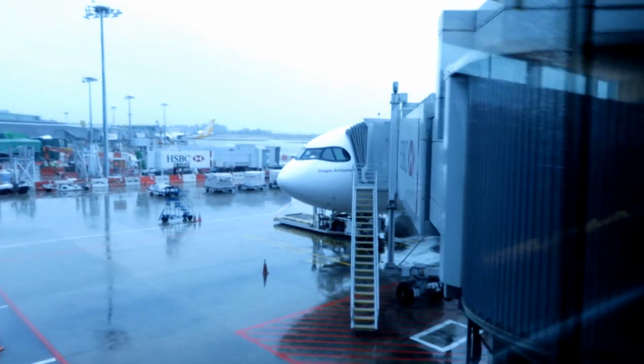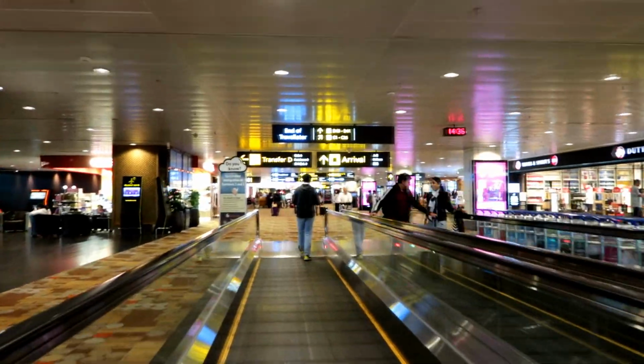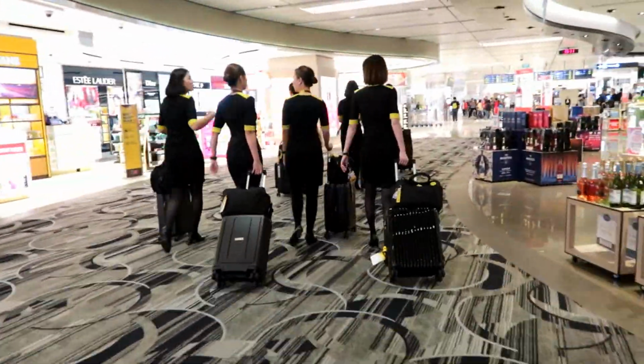enjoying the sight of the A330 NEO's flight deck window with its signature raccoon mask as I walk towards the terminal. I then make my way to immigration and baggage claim, treading on moving travelators, passing by shops, and spotting groups of crew members along the way. Once I got past immigration and into the baggage claim area, it was only a matter of time that I